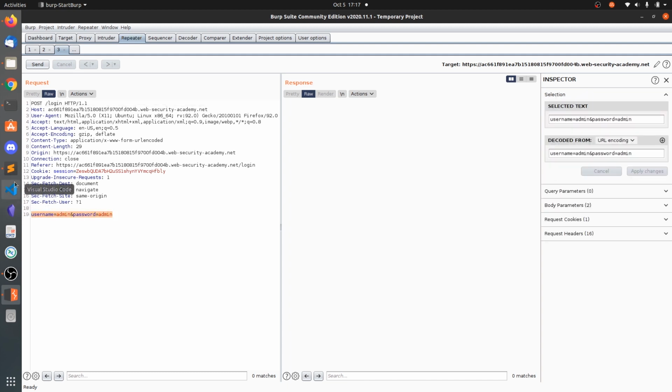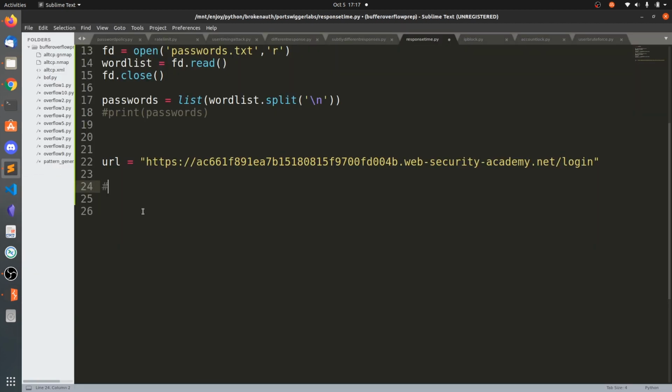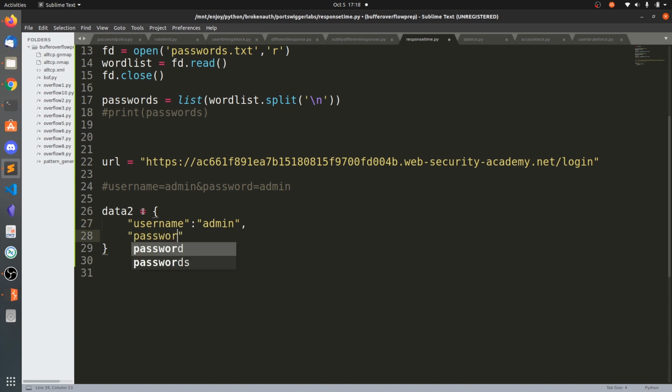Copy this message request data. Now let's construct this data: username admin, password admin. Okay, r is equals to requests.post of URL comma.